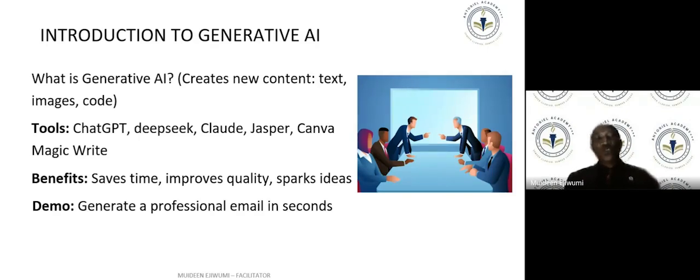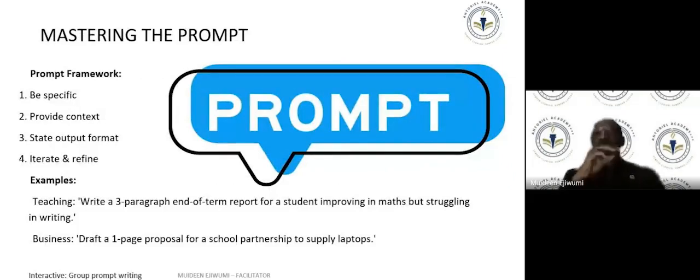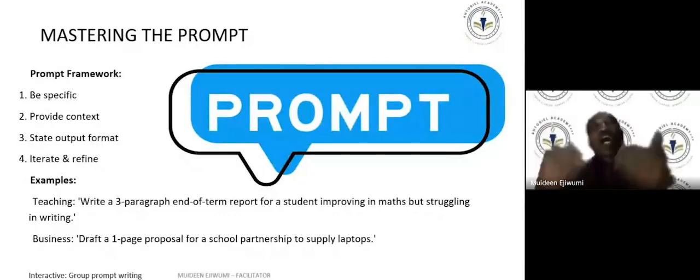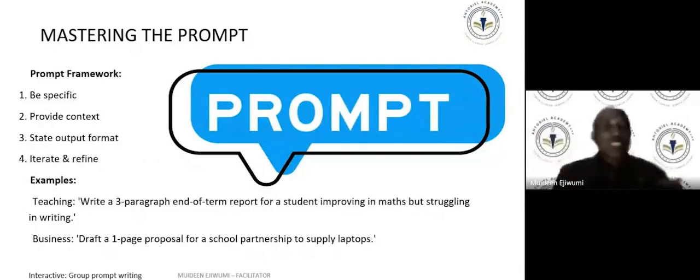Okay, so we are still going to demonstrate some professional emails in a second, please. Now let's look at mastering the prompt. I'm not going to waste more time on prompts. It was explained extensively yesterday. Let us be specific in our prompt. What you want: I want you to write a lesson plan, I want you to write a proposal. Provide your context. What do you actually want to write? On what content? You have to provide it specifically. And your output, you can even say in your prompt that I want my output to be in this particular format. You can say I want it in table format.